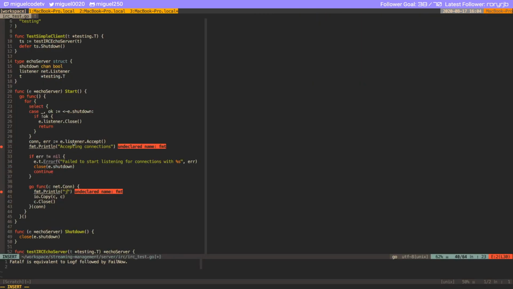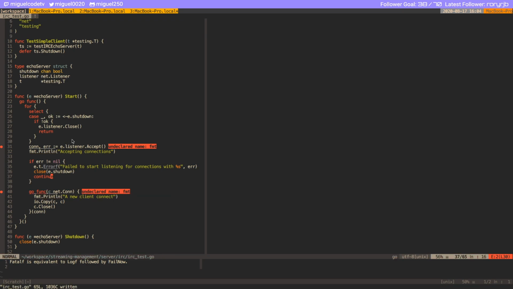Cool. So here we want to make sure that we said, let's see, client connected, or more a new client connected. So right now our server,